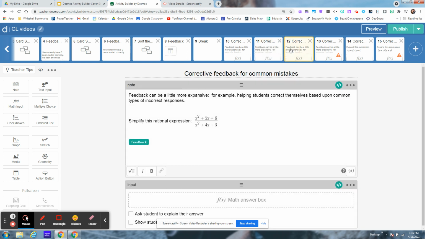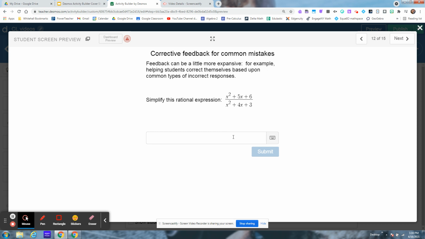Here's a second example, and this is more of an algebra, high school level type of situation where students are asked to simplify a rational expression. Now, what I see commonly, this is the most common case right here, students will look at this and they'll go, oh, those are the same. We're going to cancel those out, and they'll type in (5x + 6)/(4x + 3). So let me clear that out. And if students type in that result,